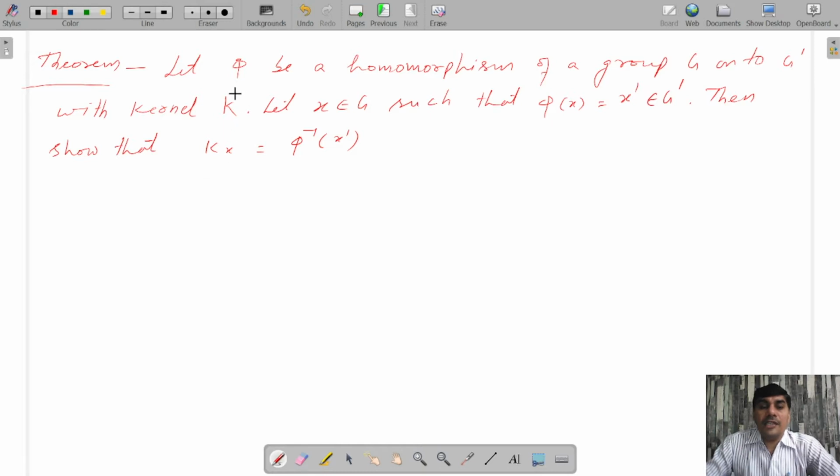It is given in the theorem that G and G dash are two groups. Phi is a homomorphism from G onto G dash and K is the kernel of the homomorphism phi. We have to prove that Kx is equal to phi inverse of x dash, where x dash belongs to G dash and x dash is the image of x under phi. Proof: